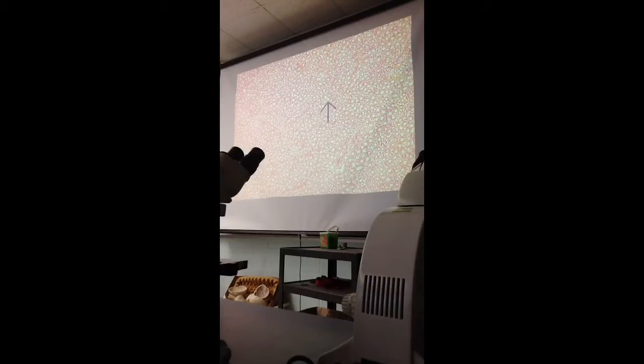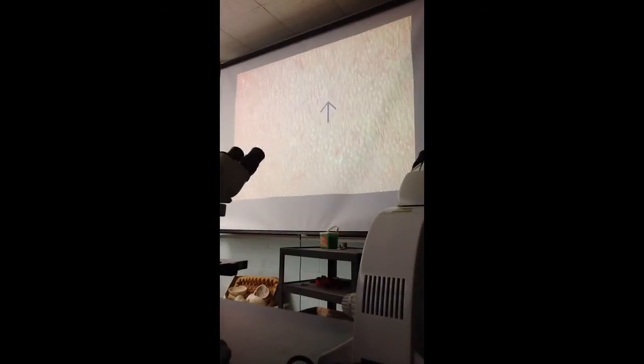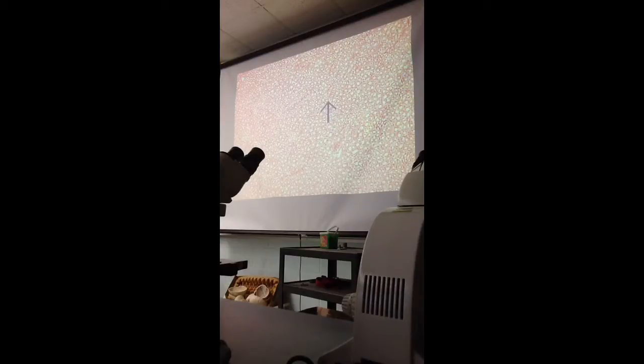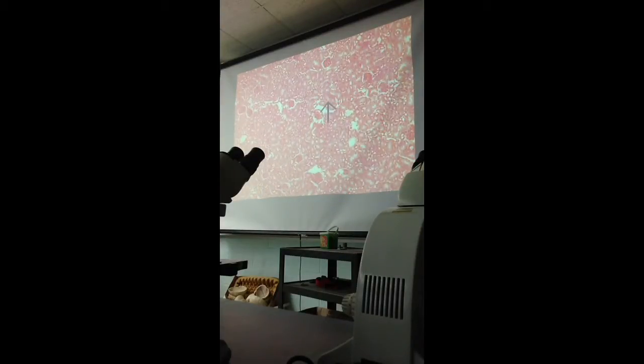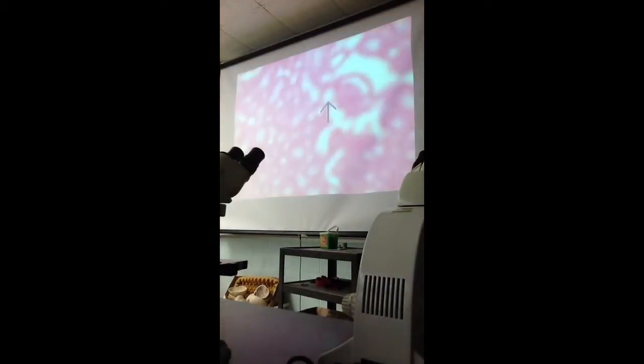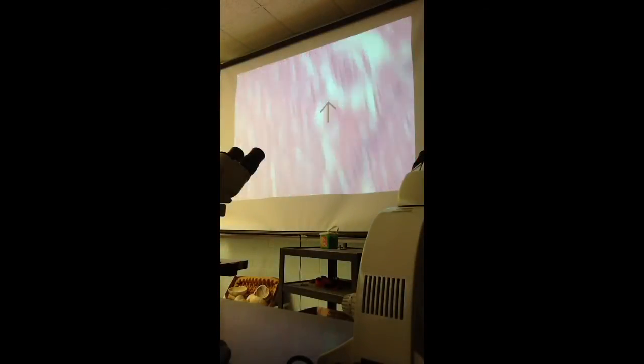When I take a cross section, you see only circles, right? So this field is all the cross section of the tubules. We don't know, it might be loop of Henle, some part of proximal convoluted tubule, some vasa recta, connecting ducts. All these are present in this field. But when I move to this field, I know that I am in the renal cortex. If I zoom in,